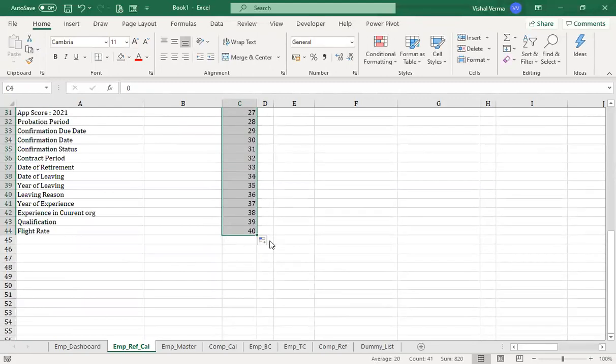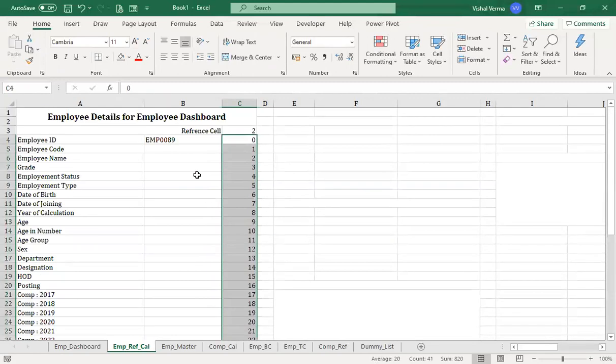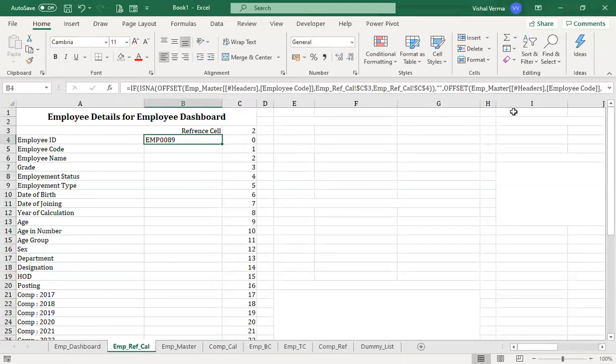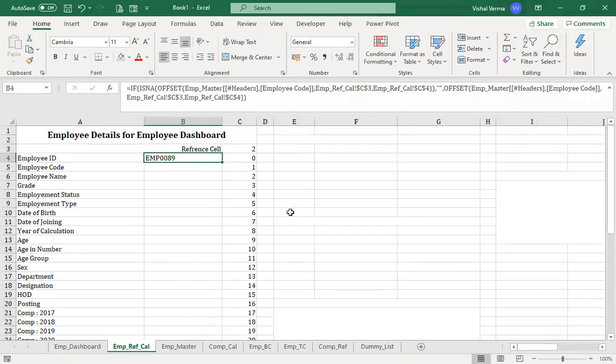So we have got 40 columns. Since we have fixed this, let's check our entire formula. We have this C4 as fixed. Now C4 is basically your column number.